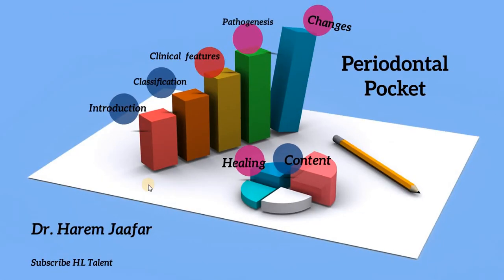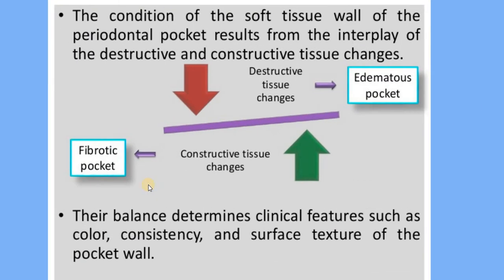And this is the content regarding the healing process. Complete healing doesn't occur because of the presence of local irritants, and these local irritants inhibit new cell formation. Why? Because they continuously stimulate fluid and cellular exudates until they inhibit and degenerate the newly formed cells. And the balance between the destructive and constructive changes that happen within the pocket wall will determine the clinical features,